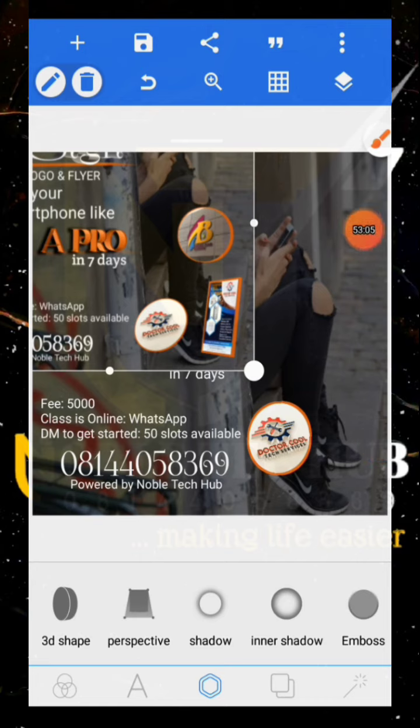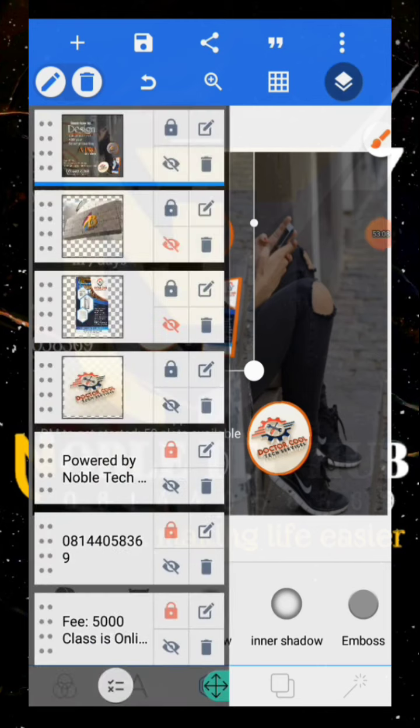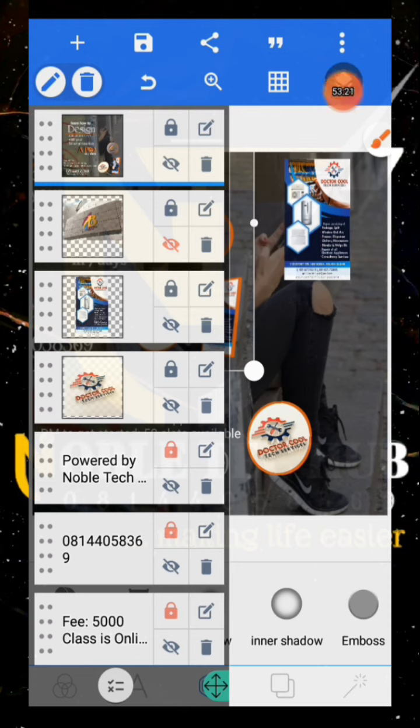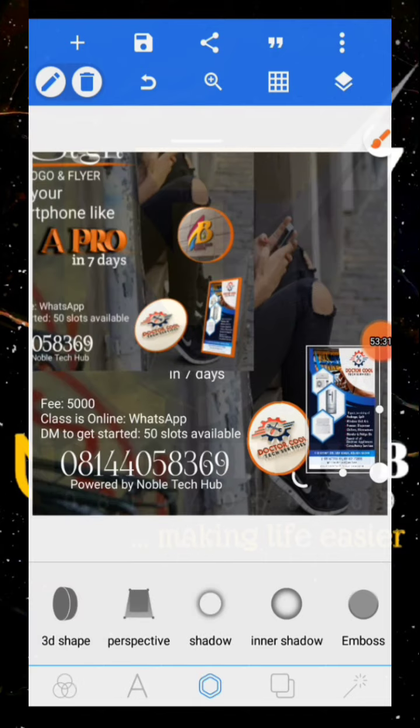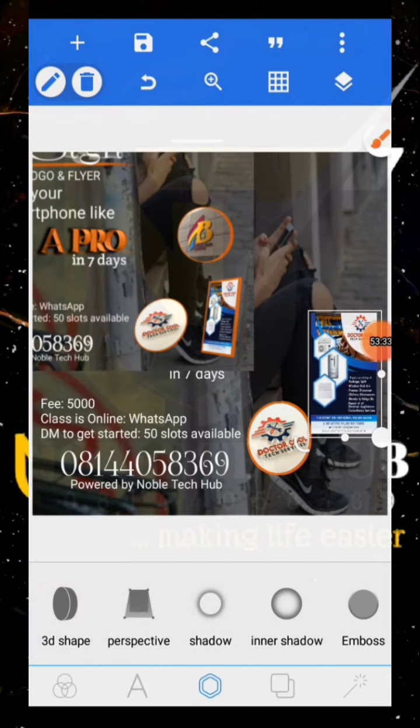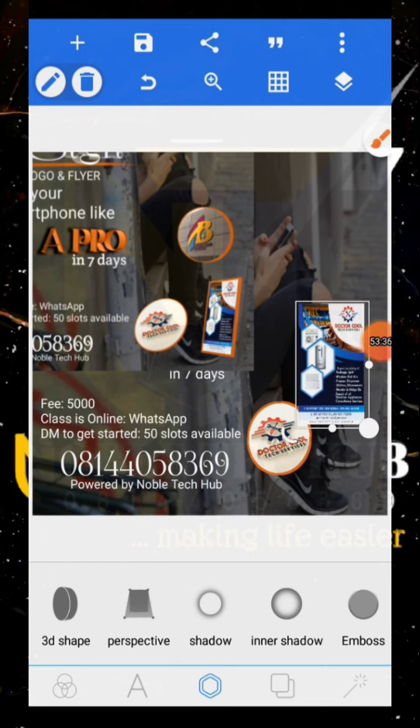Let's lock it and hide another one. Let's hide this one that we have worked on already. Okay, let's leave it. Then let's hide this one. Okay, it's now there. Okay, let's lock it. Let's lock this one we have worked on. Okay, let's go back. Alright, bring it down here. Okay, so we are going to add our